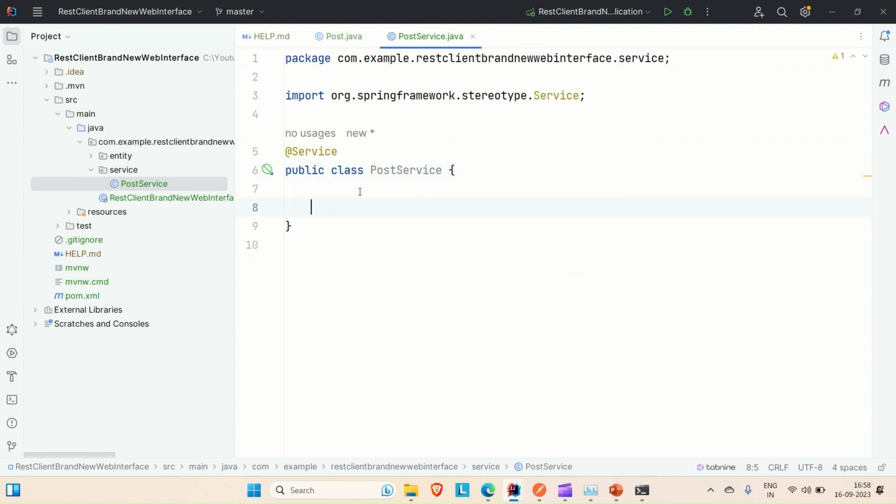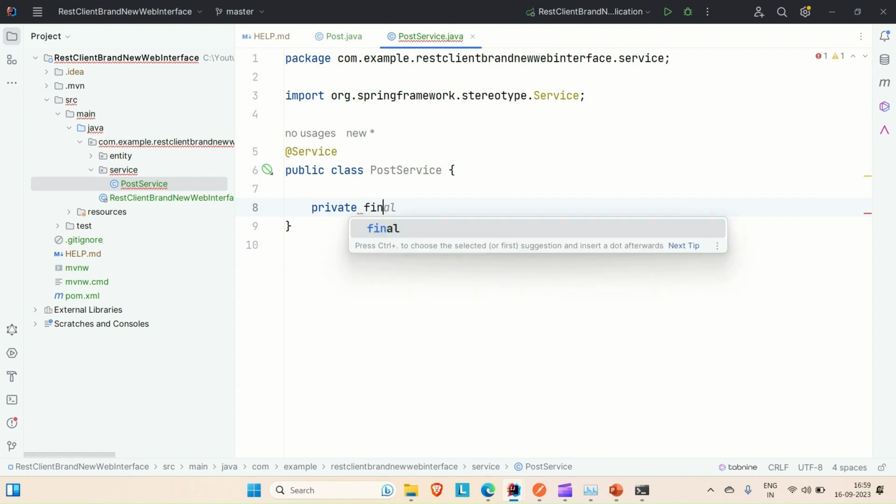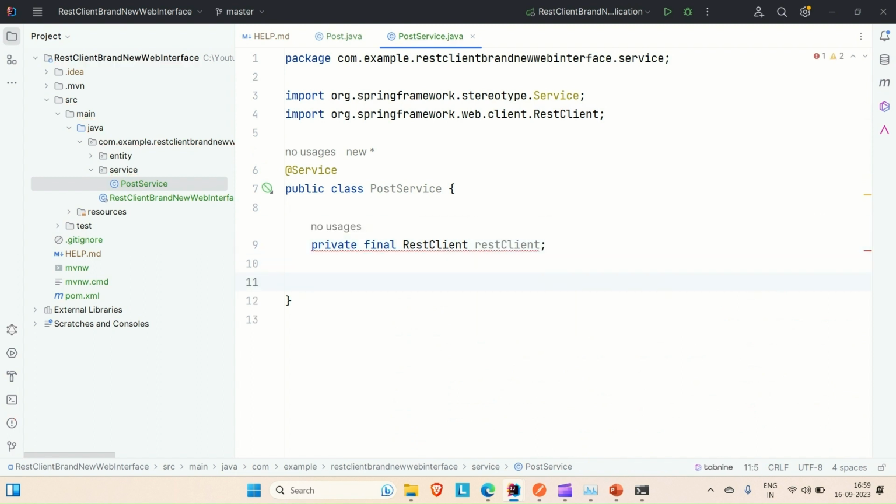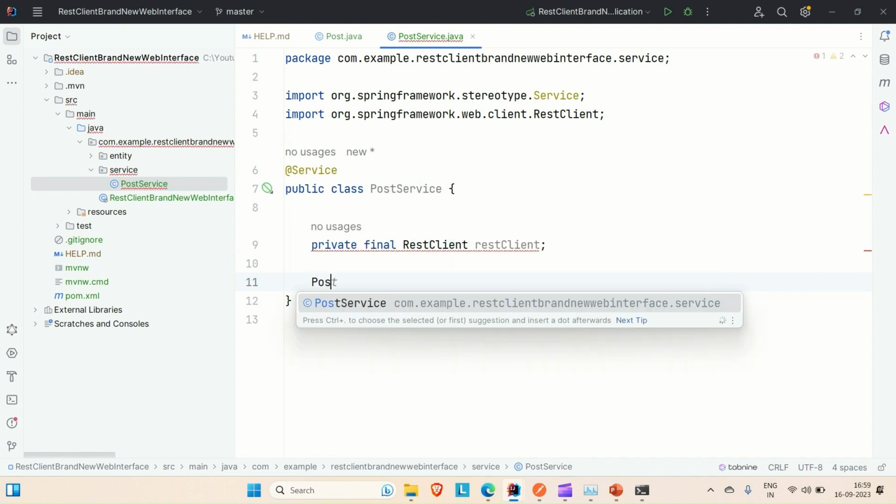Now let me create one reference of the REST client here so that with the REST client we can call the third party APIs. So let me do that. Private final REST client, and REST client. Now I'm just going to use the post service constructor and initialize this REST client inside that post service constructor. So let me do that. So post service